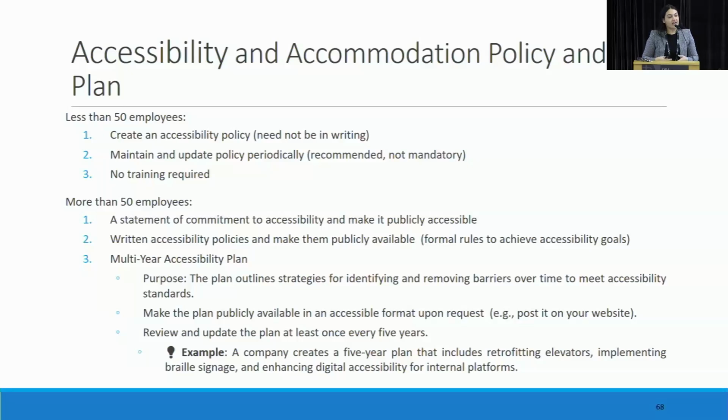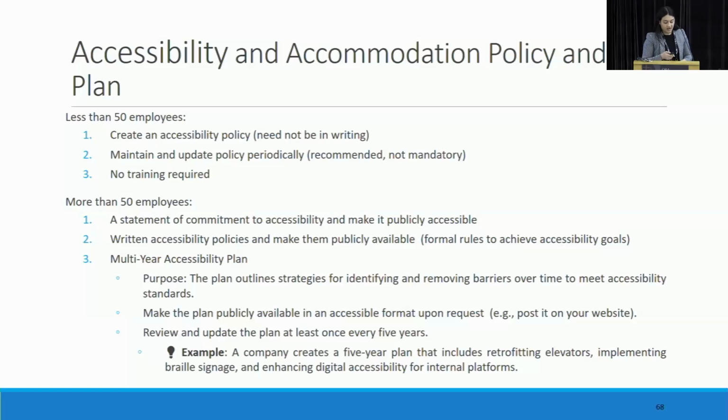But you don't have to have a written accommodation policy or plan. You're able to do this on a more informal basis. However, if you have more than 50 employees, you are going to have that written accommodation plan that's going to outline the nature of the accommodations, as well as how often the employee and the employer are going to meet together to discuss how those accommodations are working and whether or not they need to be changed going forward.